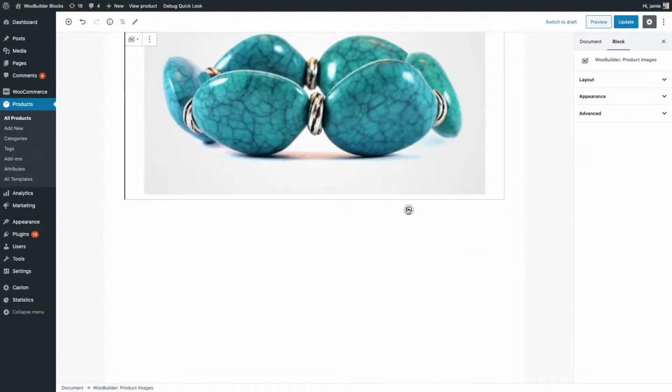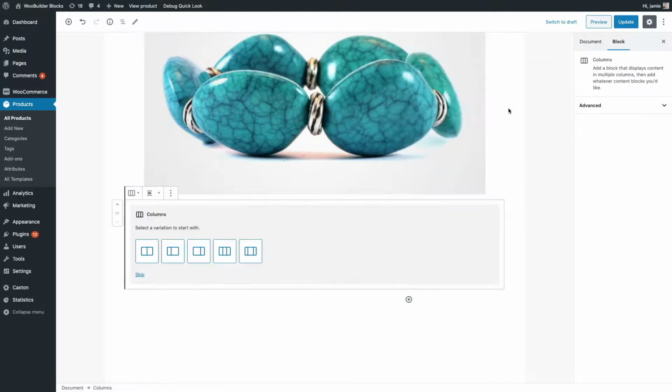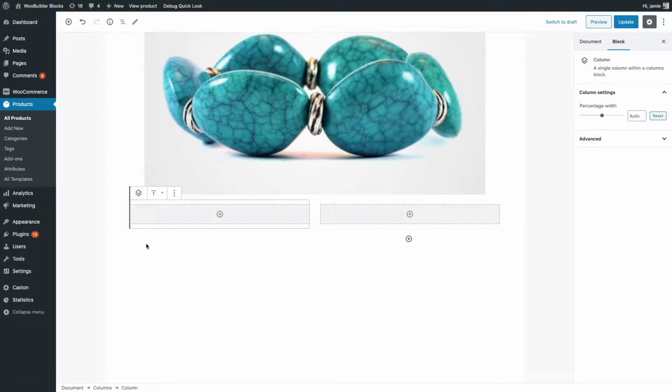Then under here, I'm going to start to lay out the other sections of my page. Now, one of the other great things about WooBuilder Blocks is that you can use any third-party blocks within here. So let's say I wanted to create some columns in here. Well, let's do that. I can just use the Gutenberg column block. This is just the standard column block that comes with Gutenberg, and I can really start to be very precise